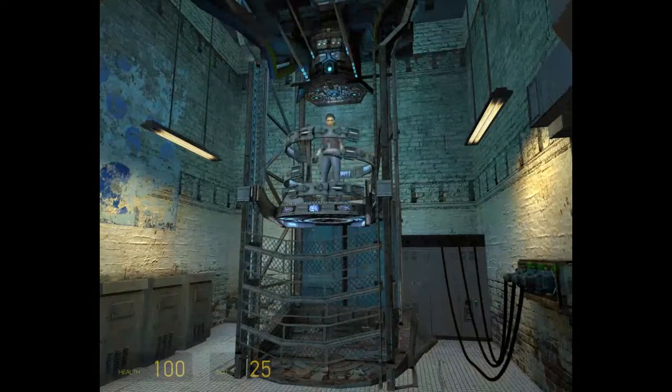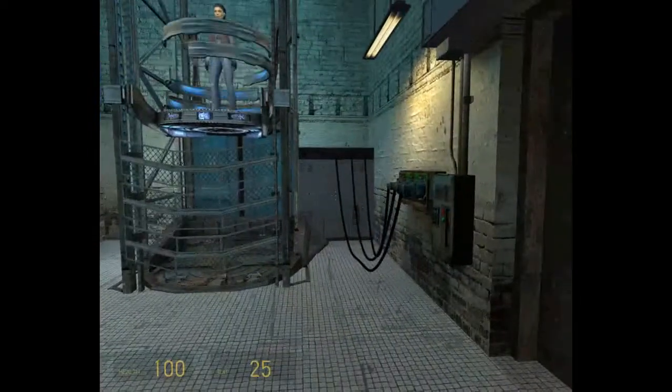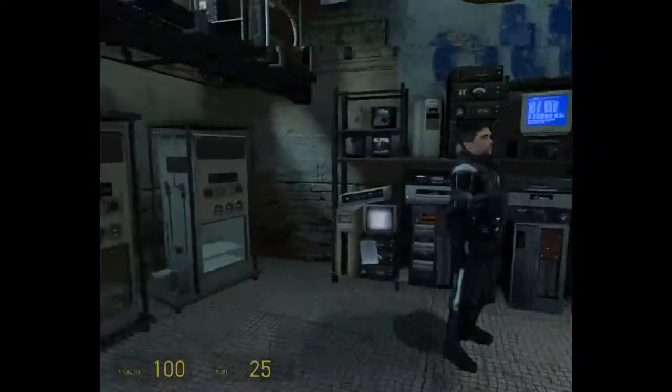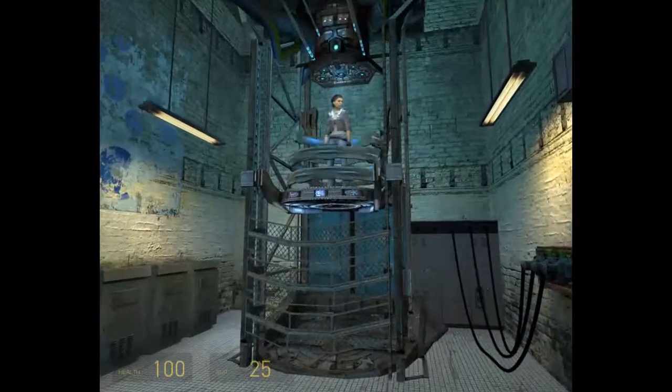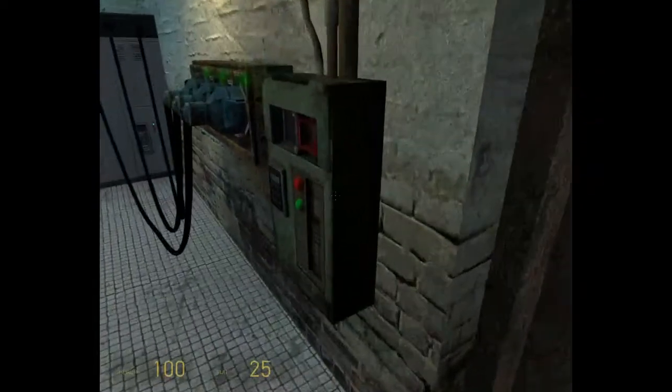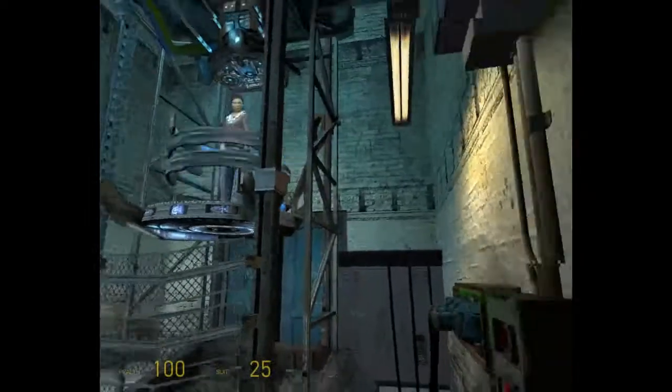Do I have to press something? I don't think so. I have to press here. Yeah, I have to press here something. Now the transport starts. As you can see here, this is the